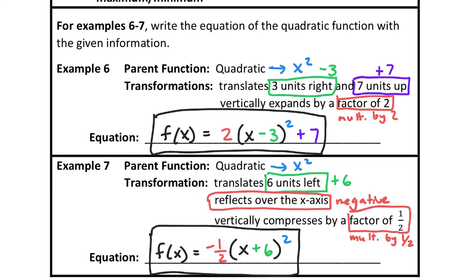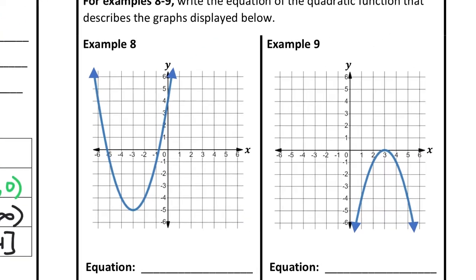Right? And if I write everything without colors, example 6 would be 2 times x minus 3 squared plus 7. And then on example 7, it would be negative 1 over 2 parentheses x plus 6 squared. Okay. And then we have examples 8 and 9, I believe, on this side. So these two,